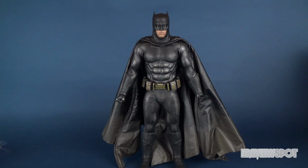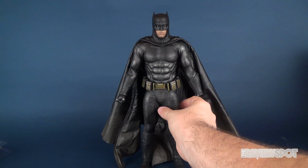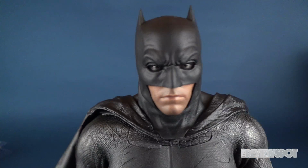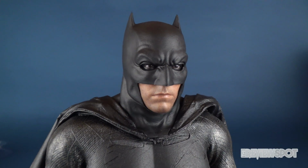He's probably going to, physically in hand, be a lighter shade. And I think they've kind of streamlined the cowl a little bit. So it's going to be looking a little bit different than what we see right here. So that would entertain me to get...